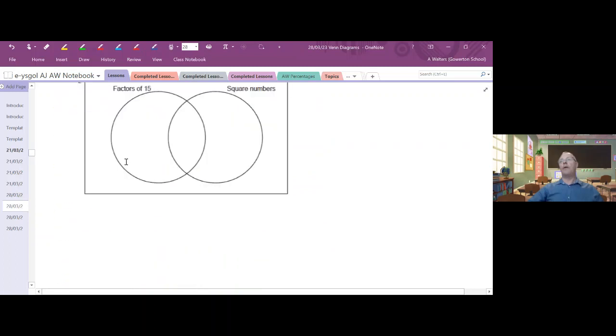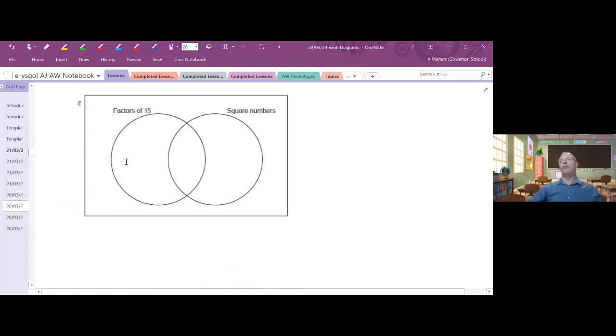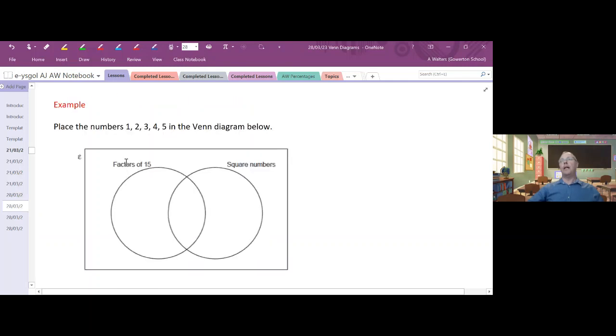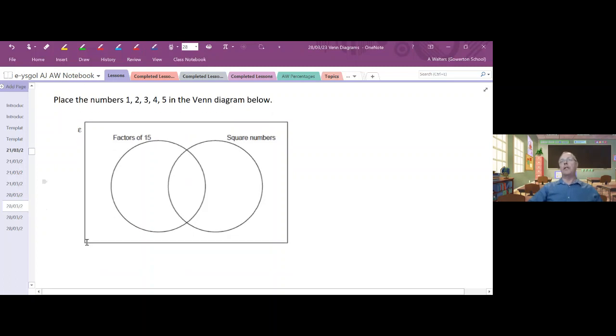Okay, I'm going to do this example now. I have a list of numbers, and they are the universal set, as it is sometimes called. The numbers are from 1 to 5 inclusive. So we're going to fill this Venn diagram in, and the way to start that off is, what I often